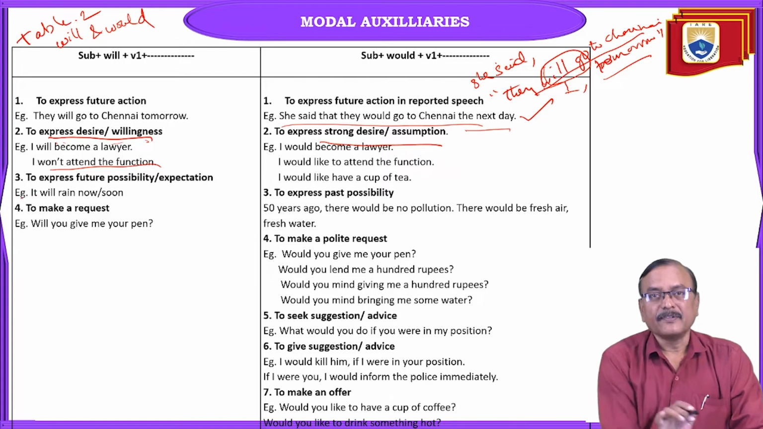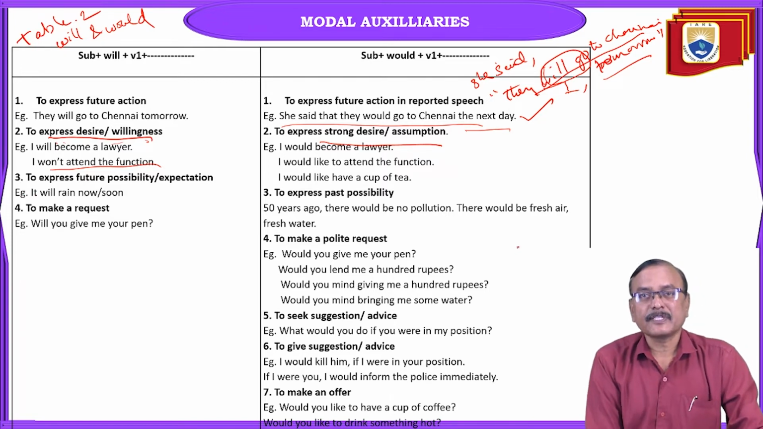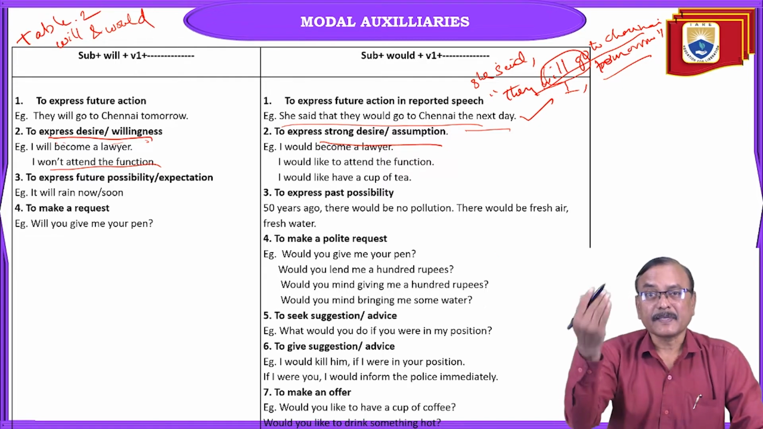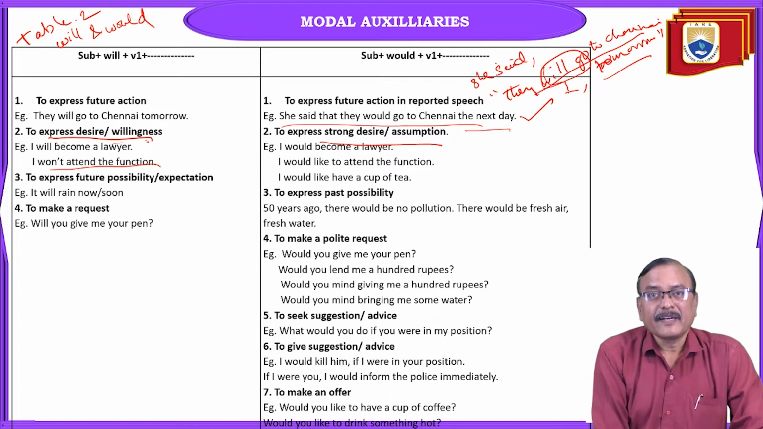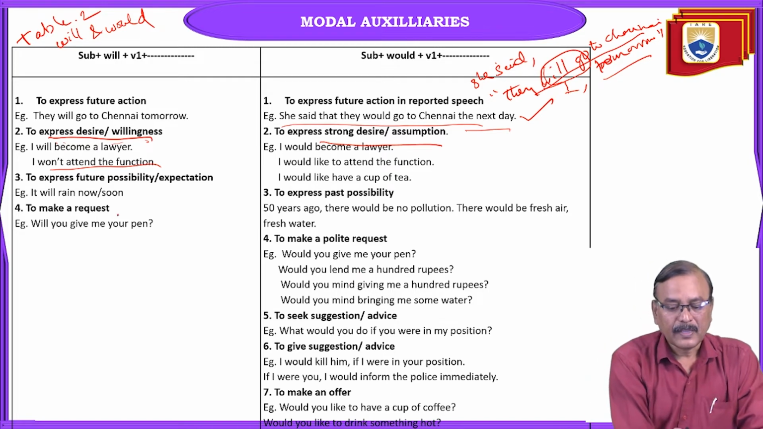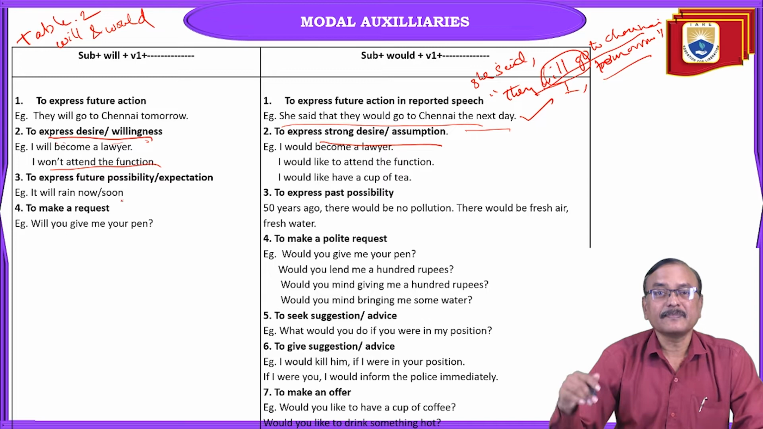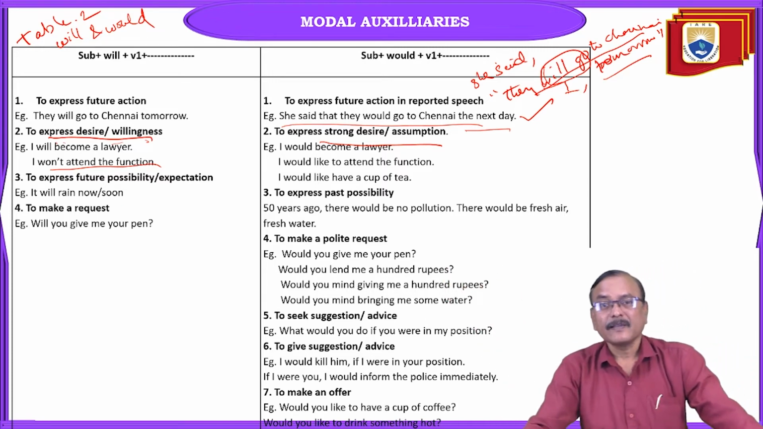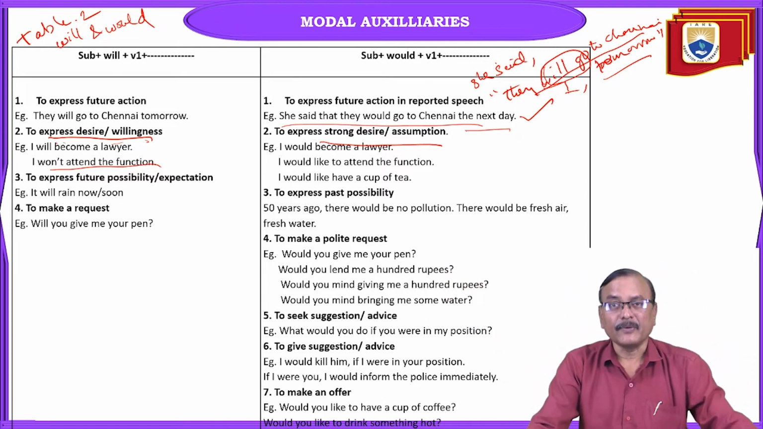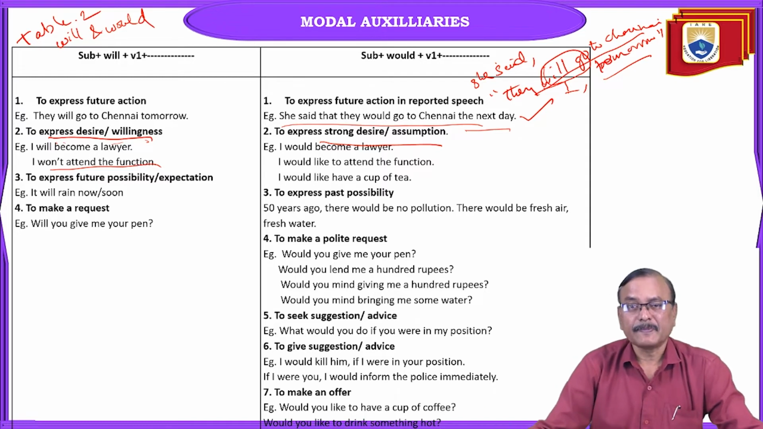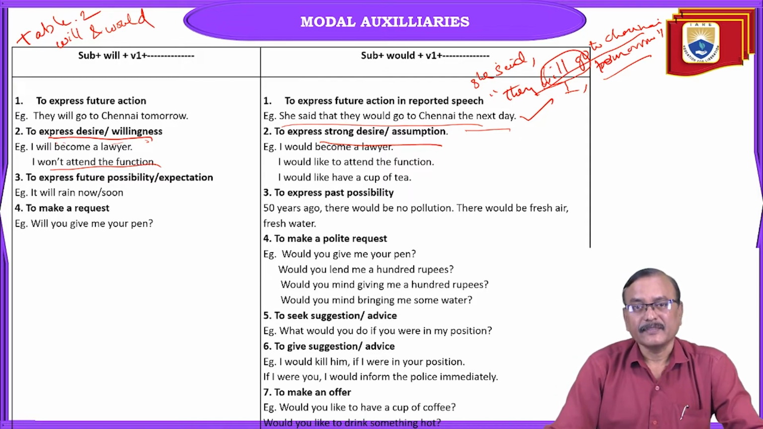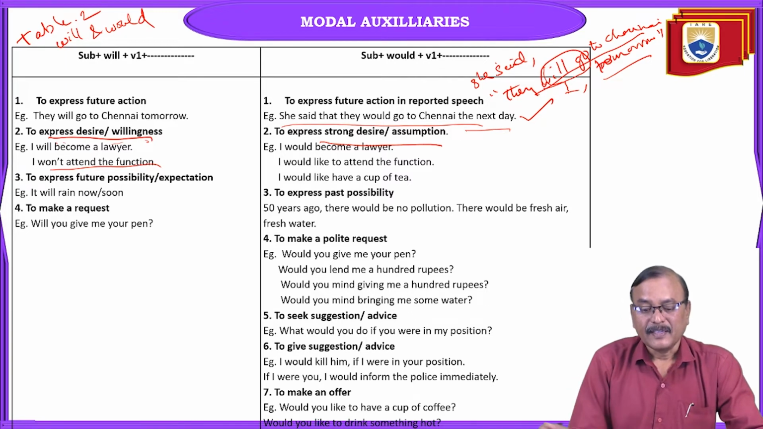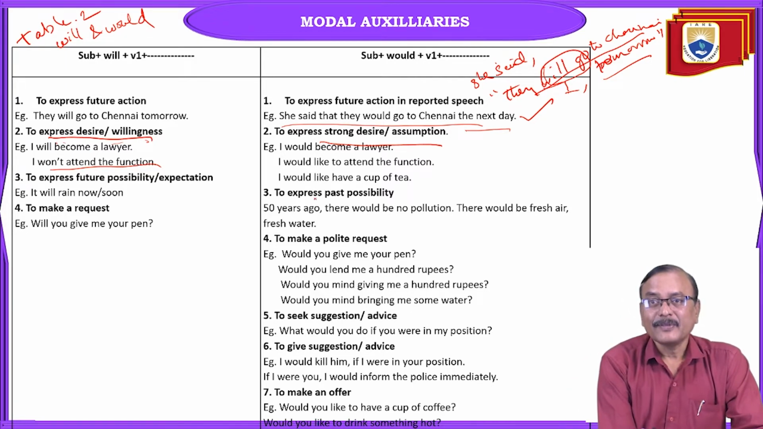Next, go to the third one. To express future possibility or expectation. Okay, it will rain now, or it will rain soon. There is a possibility. I am expecting that it will rain soon. Right? Possibility also. Here also, you can use the "would,"